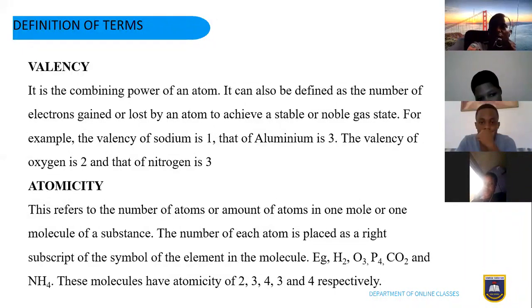If you take ammonium, NH4, ammonium actually has a plus at the top. The atomicity is 5 because you can see 1 atom of nitrogen and then 4 atoms of hydrogen. If you sum them up, you have a total